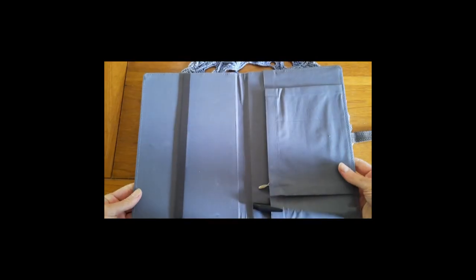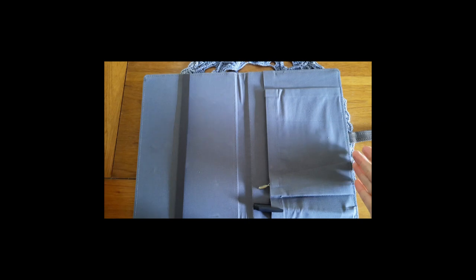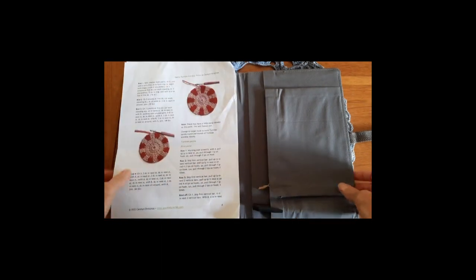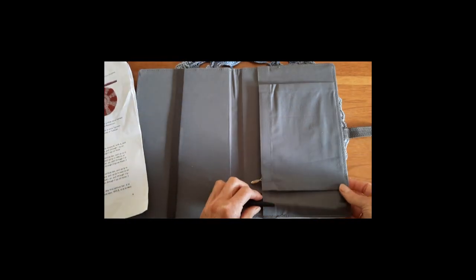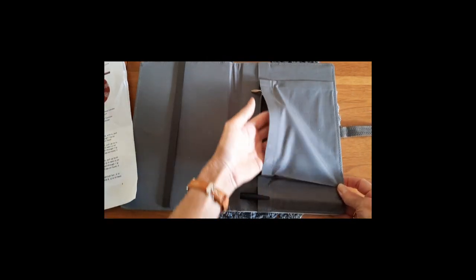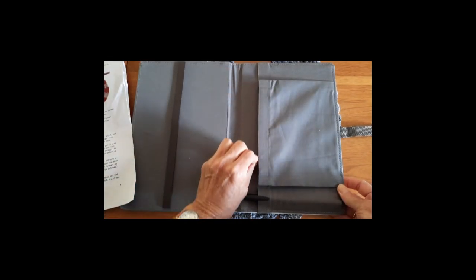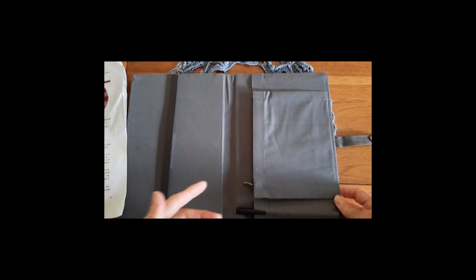If you open it up inside, it opens up to just over an A4 page size. Fits quite well inside, but it's just that little bit smaller than an A4 in total. But the idea is in here, you've got a pocket, it's got a pen in it, so you're able to write, and it comes with the pen. You've got a little zip pocket in here. You can put your little accessories, maybe some stitch markers or some scissors, or rubber, or a few other bits and pieces you need, plus a spot for another pen or even a stylus if you wanted to use an